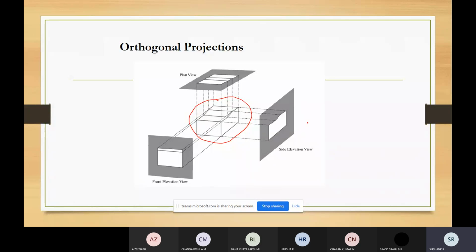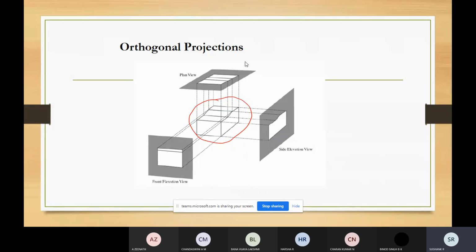So this is called as a side view. This is used as the front view, and this is known as the plan view. So when you're seeing it from the top, how it is looking. It's like a plan, the house plan and all. So this is how it will be done. So from the side face, you're getting the elevation.